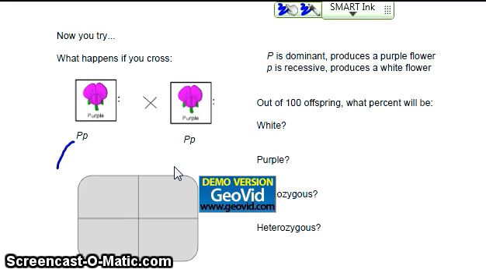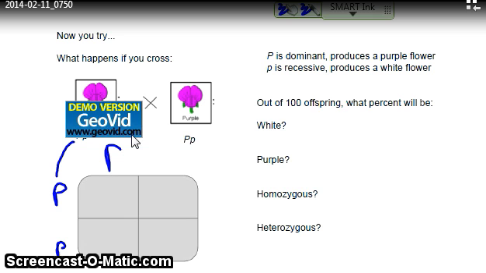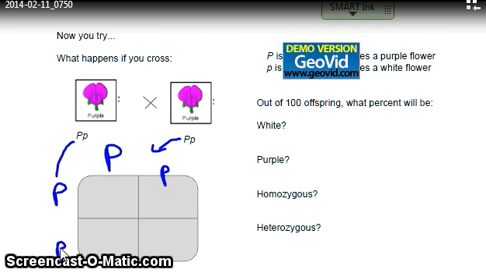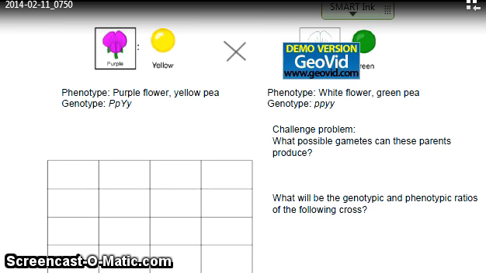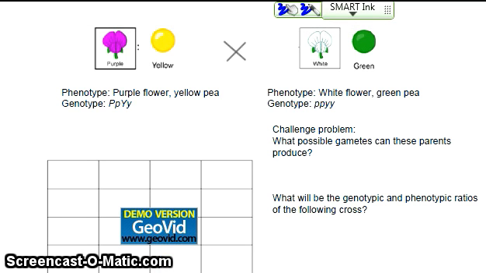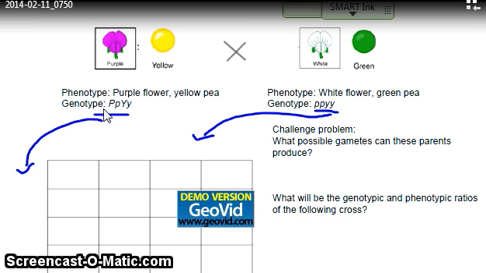Our next example is if you cross two purple plants that are heterozygous. So they're each going to be able to produce the same kinds of alleles. A big P and a little p, a big P and a little p. Okay, and your very last problem, just kind of a challenge, is called a dihybrid cross. Because you have a hybrid crossing with this other plant,